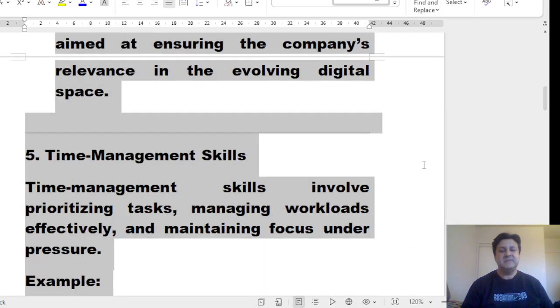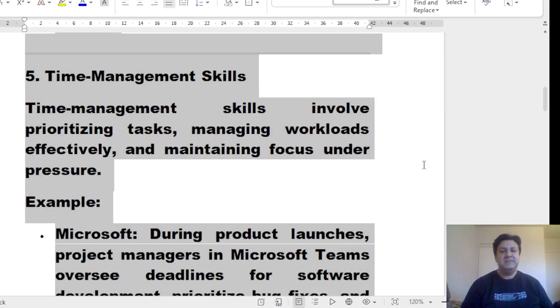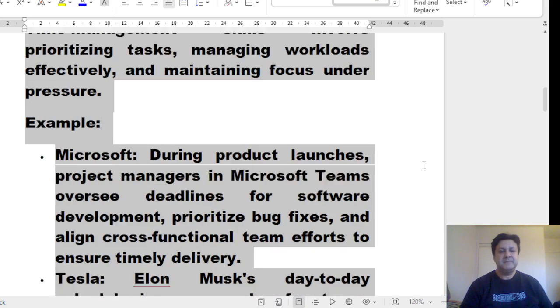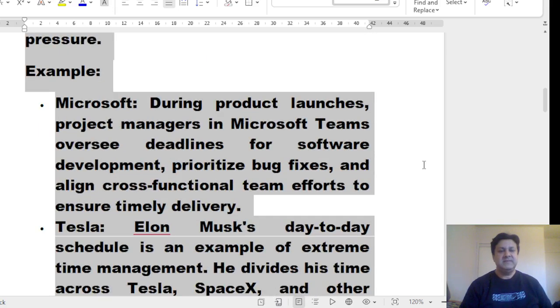Now, time management skills involve prioritizing tasks, managing workloads effectively, and maintaining focus under pressure. Example again here is Microsoft. During product launches,